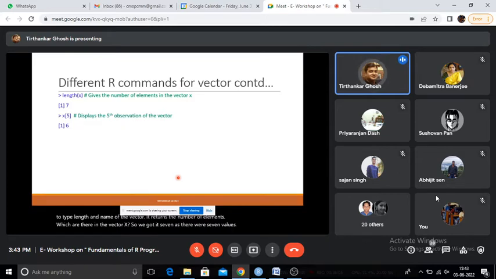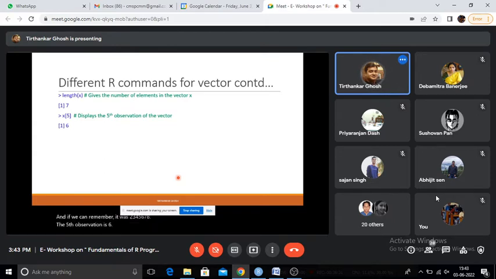Interestingly, if we wish to get the fifth observation of the vector x, we have to type x, and within square brackets write the location, that is, fifth observation or sixth observation or first observation and so on. If we remember, it was 2 3 4 5 6 7 8, so the fifth observation is 6.